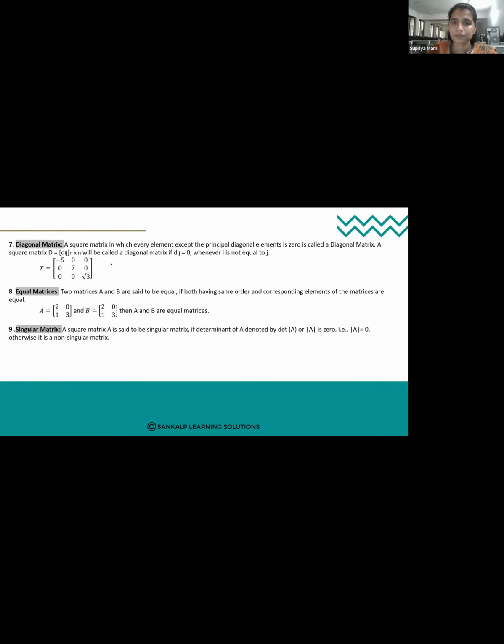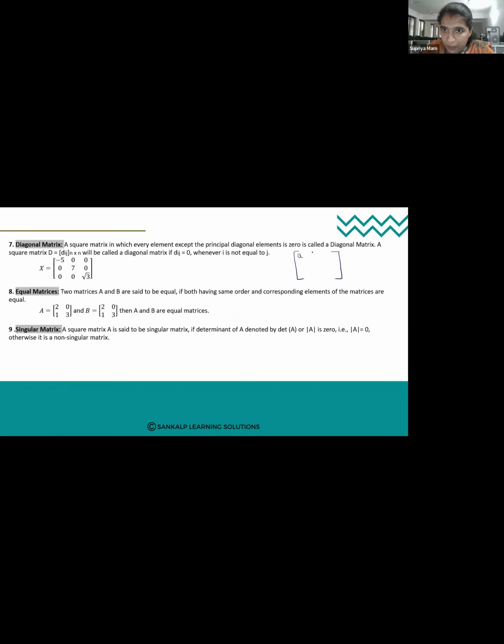Diagonal matrix. What is a diagonal matrix? A diagonal matrix is a square matrix. Now I have considered a special type of square matrix. A square matrix in which